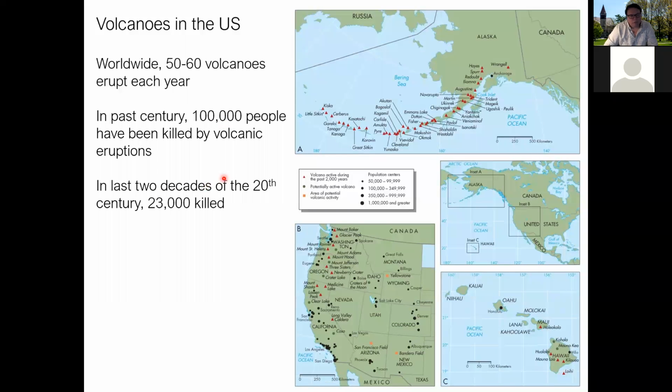Since the turn of the 20th century, 2000 to 2020, about 23,000 people have been killed. We're getting close to a quarter of the way through the century, and about a quarter of that 100,000 have been killed this century as well. Obviously, as we go on through the lecture today, we'll talk about this, but there are other implications for humanity besides